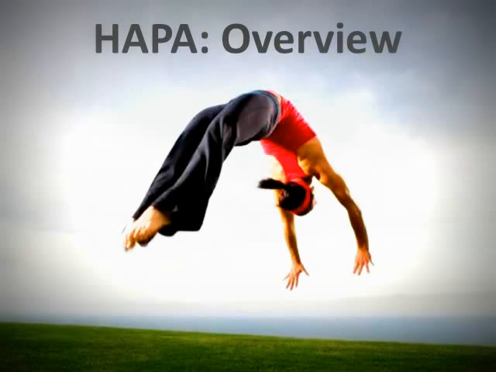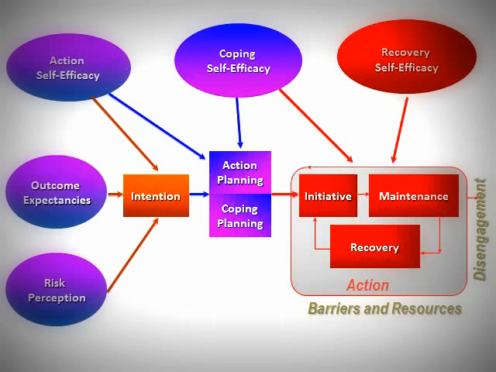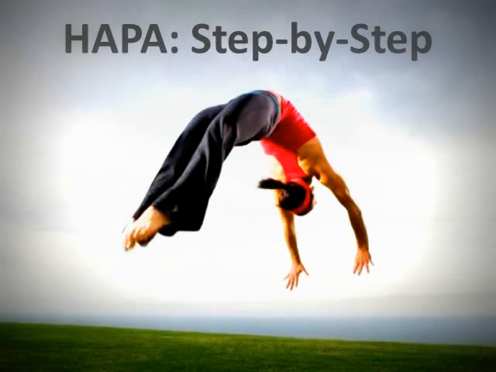I will first show the entire model briefly before explaining it step by step. It only looks complicated, but it is easy, as you will see in a moment. The arrows go from left to right, reflecting the course of deliberation and action that an individual needs to refrain from risk behaviors and to adopt and maintain health behaviors. I will guide you step by step through the assumptions and principles that constitute the model.